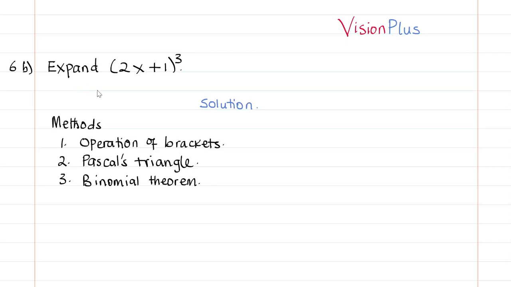Number 6b says expand (2x + 1)^3. And the solution is